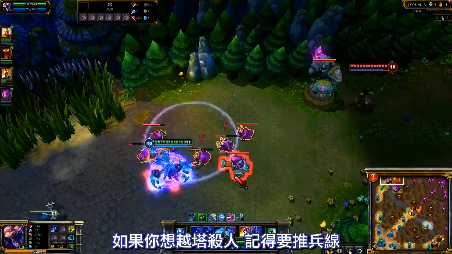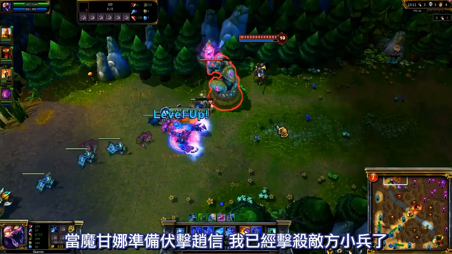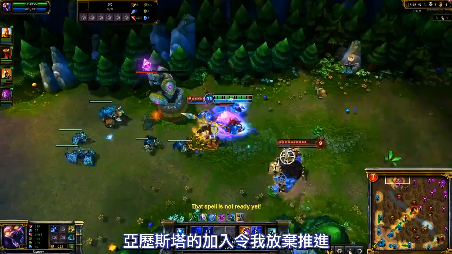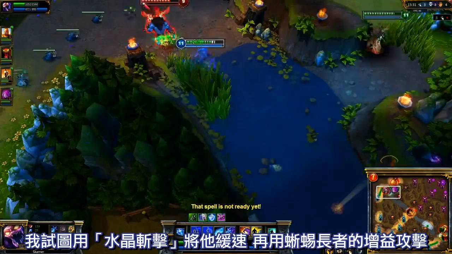When you want to dive an enemy champion at his turret, always try to push out your minion wave. I shove my minions to the turret as Morgana sets up to gank Xin Zhao. Alistar joins in, so instead of pushing in for the kill, I retreat and let our minions tank the turret again. In chasing Alistar away from the turret, I attempt to slow him with Crystal Slash, and end up tagging